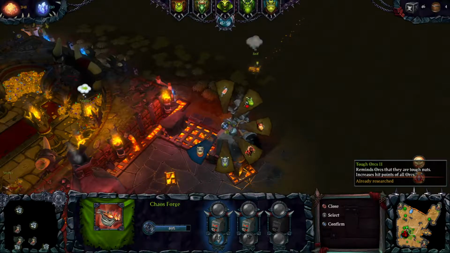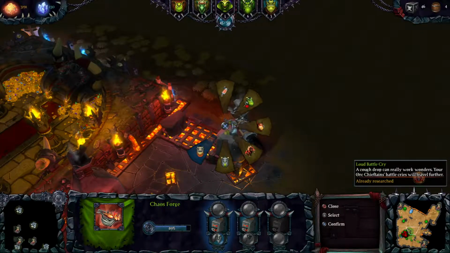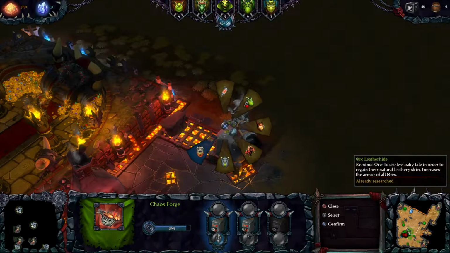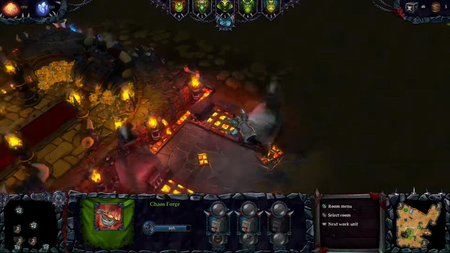Like Blind Rage, Tough Orcs, increase their hit points, Loud Battle Cry, Summon Warhound, Orc Leather Hide, and of course this last one here, which we haven't researched, called Steel Iron Hides. So we're going to hit X, and then